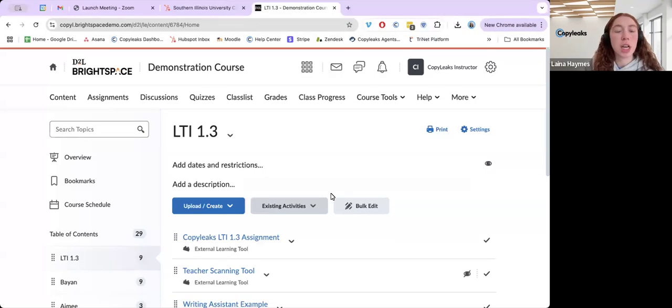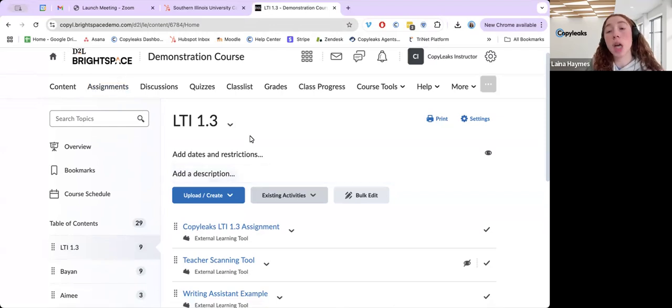And we'll get started. So you guys are going to be utilizing CopyLeaks all through your D2L Brightspace integration. The first thing you're going to want to note is we do not directly integrate with D2L Brightspace assignments. So in order to create assignment with CopyLeaks, you're going to be going under Content and then using our functions